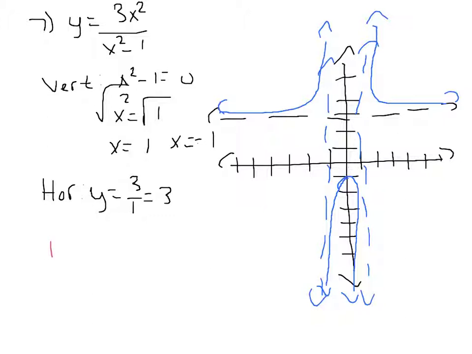So domain and range. Domain, well, x can't equal +1 or -1. So you go -infinity to -1, union -1 to +1, union 1 to infinity. Because there's 2 that it couldn't equal in there. The range, what's the range value? It couldn't equal 3. So you go -infinity to 3,